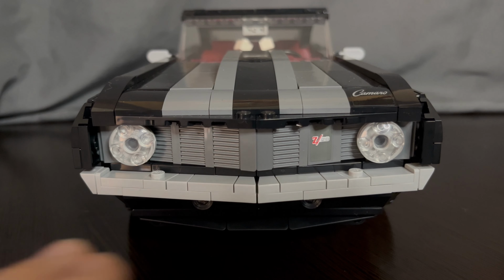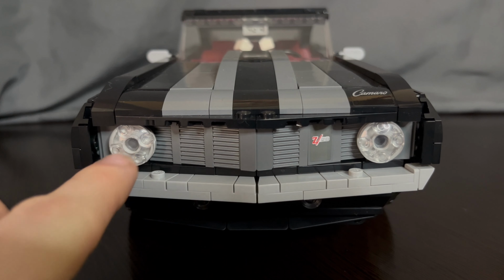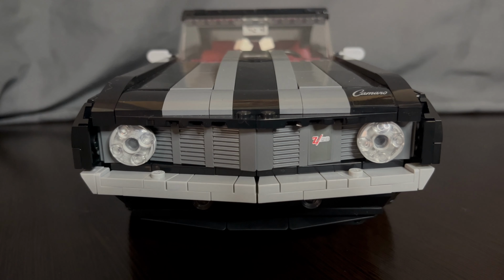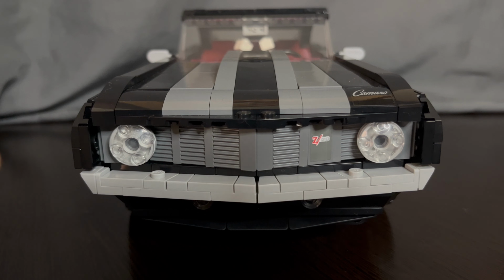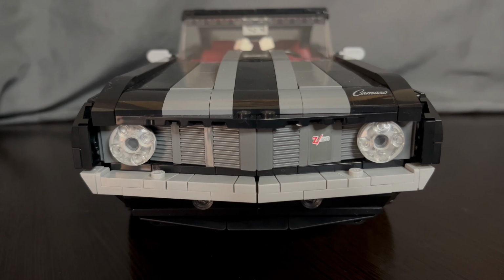Look at this wonderful grille using these ribbed 1x2 pieces. Look at these wonderful lights, which they actually give you some alternate ones, which is kind of cool, because the 69 Camaro does have a lot of different packages you can choose from, especially from 67 to 69. The book has some wonderful illustrations and information for that as well, but this just comes with one of the packages. So you do get the normal headlights for that, and then you also get the rally ones,